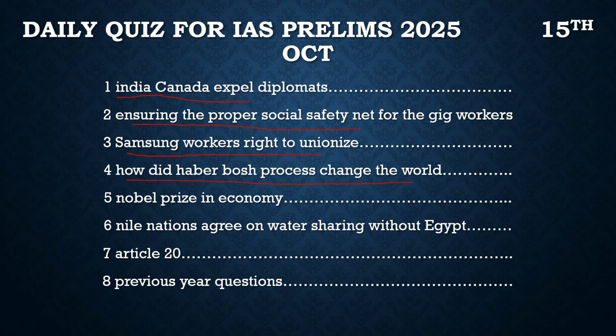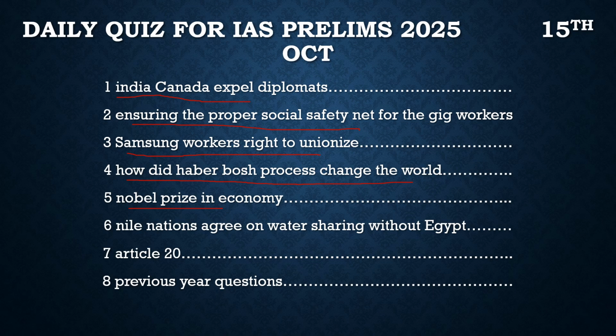Then after that, there is a topic article on the Nobel Prize in Economics. This year's Nobel Prize in economics goes to three economic scientists, Acemoglu, Johnson, and Robinson, as they share the Nobel Prize in economics for work on wealth inequality. They worked on wealth inequality and they got the Nobel Prize in economics for this year.